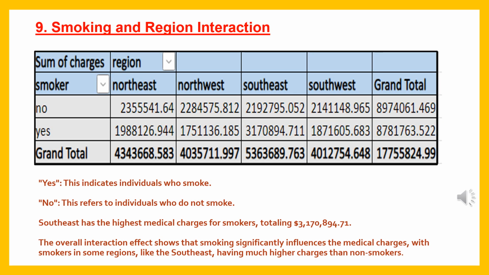So here I have used a pivot table. Yes means a person who smokes and no means a person who does not smoke. Here Southeast has the highest medical charges for smokers. The overall interaction effects show that smoking significantly influences medical charges, with smokers in some regions